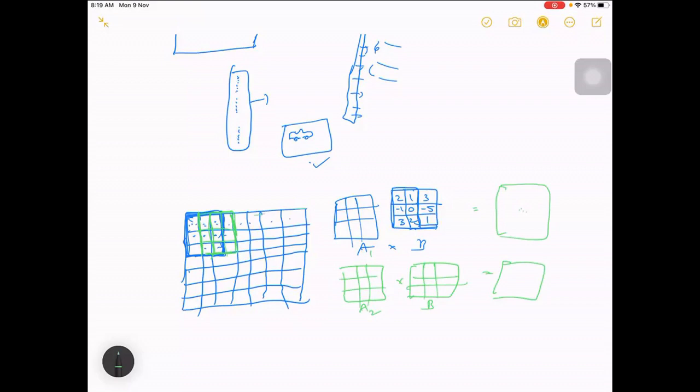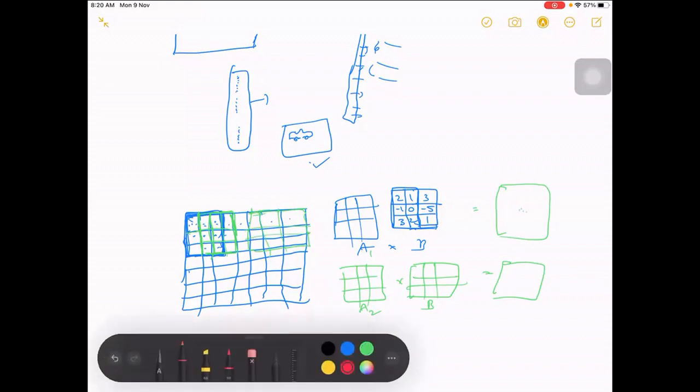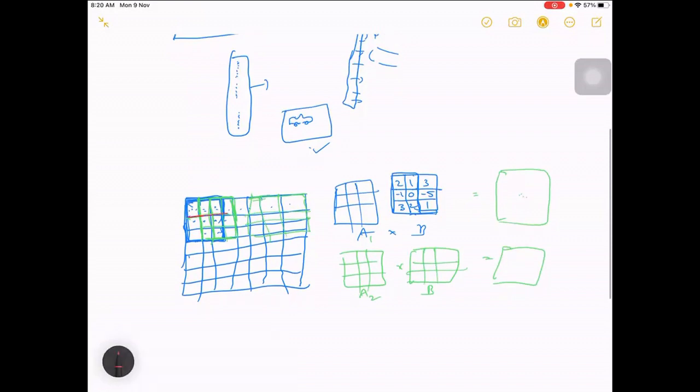Once this is done till here, it will shift down here. Let me draw it with a different color. So it will now shift here and do the same for this. We can define how much the window should shift, in either direction.